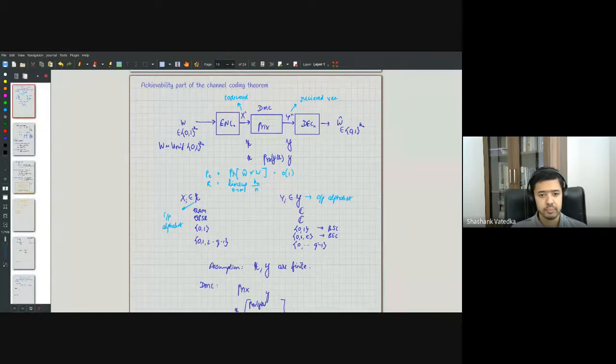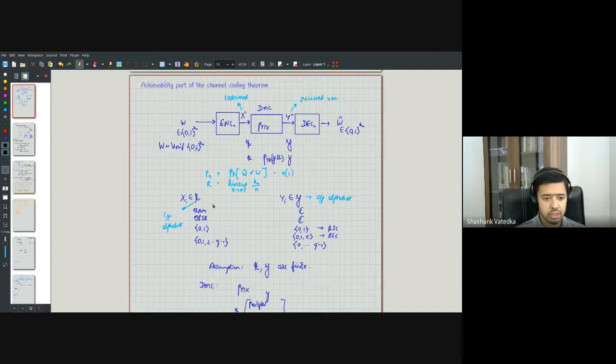Let's get started. In the previous class, we started discussing the achievability part of the channel coding theorem. We discussed the channel coding problem in some detail, and I also talked about how you choose different encoders and decoders. Right? So we had a long discussion about how you choose a good decoder for a given